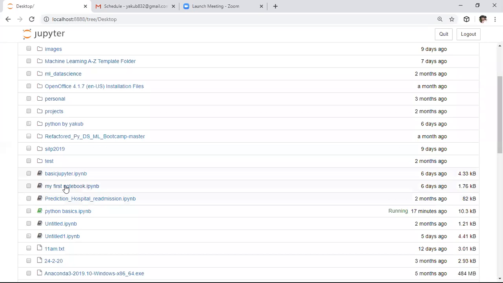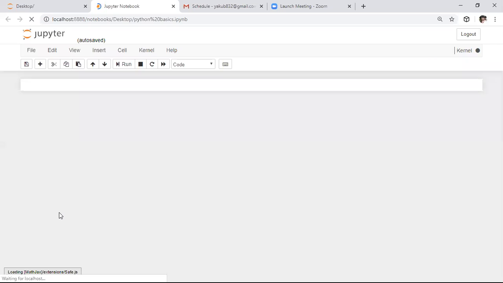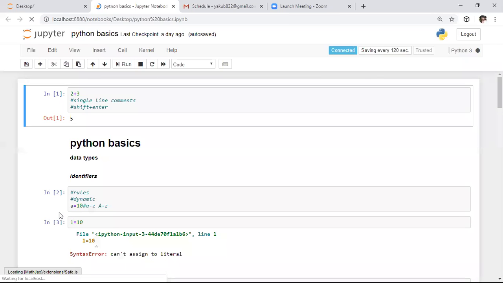So here we are writing everything in my first notebook only, right? So I think we are doing everything. Not doing in this. I think we are doing everything in Python basics. So here I'm opening the script which we are working on, from the first class onwards. Here it is the script which we are still working on.